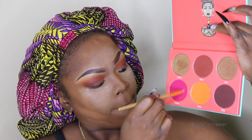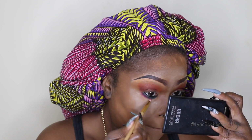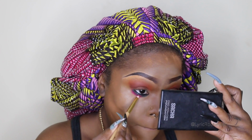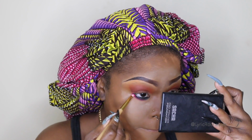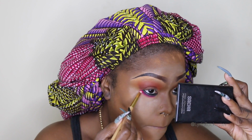of the palette, and just to show you guys how well these colors work together. They're effortless together. So after I did this step, then I'll be going in with my LA Pro Primer, and